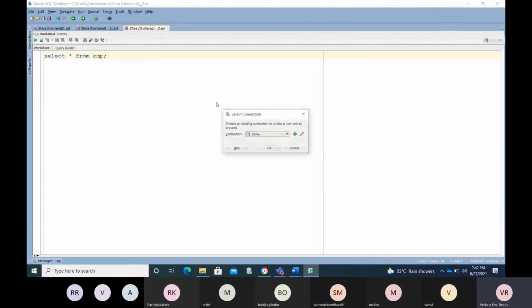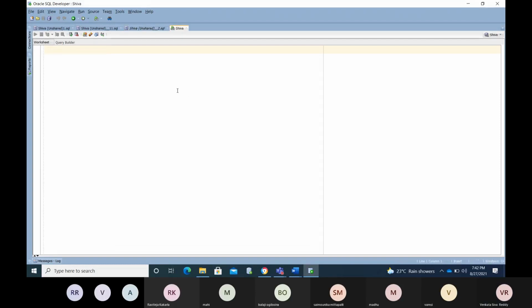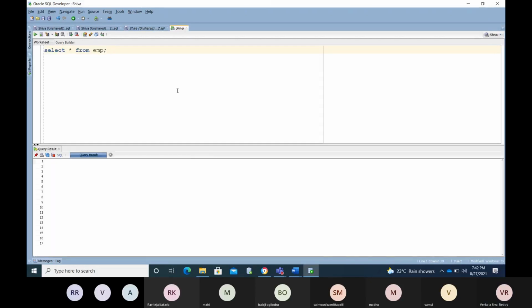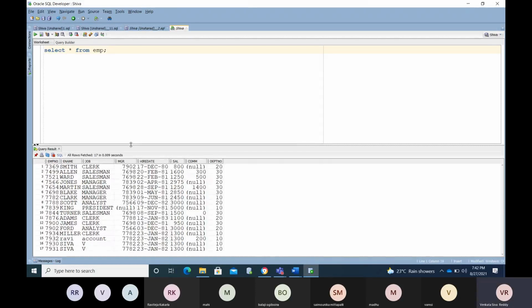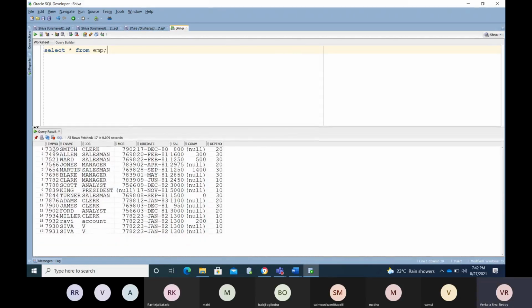Suppose we have this table, a employee table. I want to move the data of only these three columns into some other table. I want to move these two columns of information, employee number and hire date, into the hire date table.